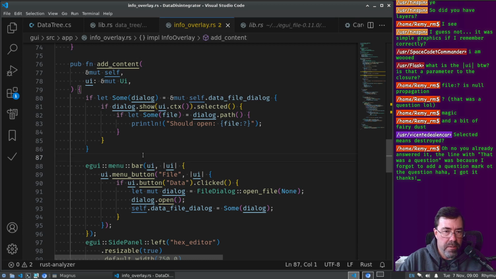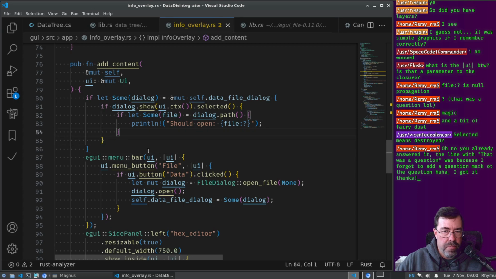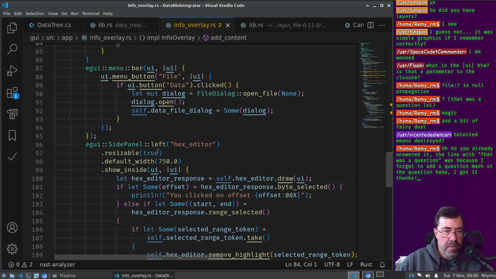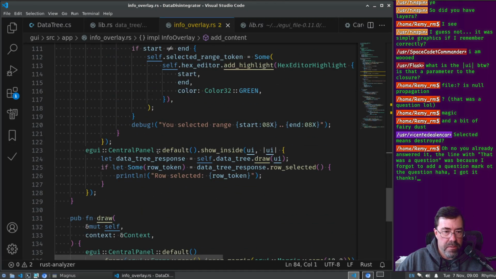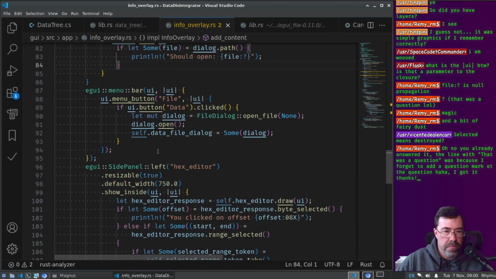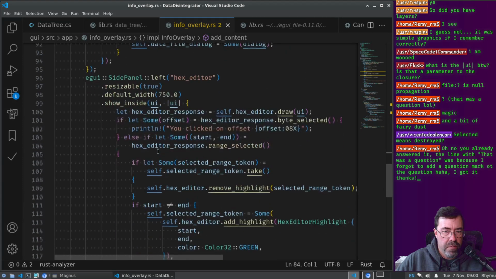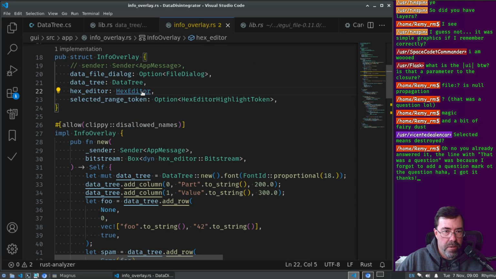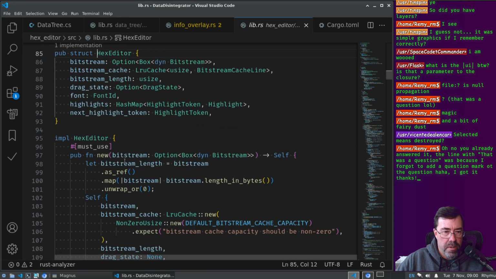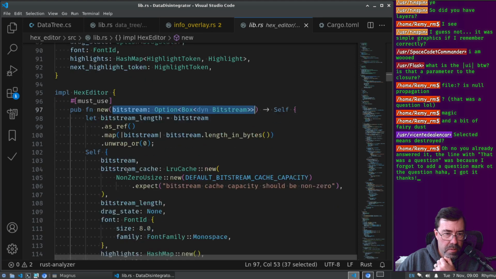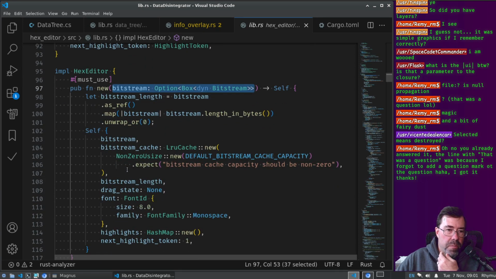So, well, I'll figure that out later. I want to get this actually working. So there needs to be a method of the hex editor, right? To actually open the file, we need to tell this hex editor to open it. Right now it's just given here. So I need this part to be brought out. Either that or maybe I just make a new hex editor every time you open up